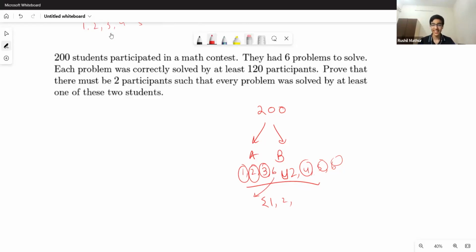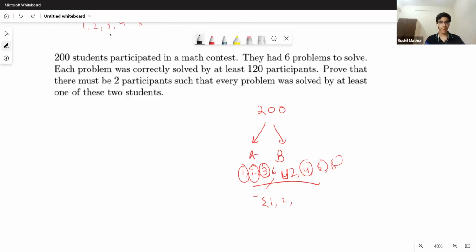So anyway, the basic idea here is we don't know who A and B are. So why not choose randomly? The point is basically that you pick two random people and calculate how many questions they would have solved on average. So the expected value of the number of solves in their union, in some sense. And the hope is that the answer we get is something like, or okay, maybe a better way to think about it is,